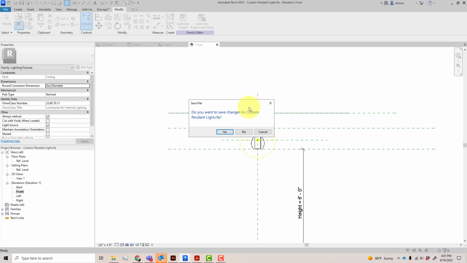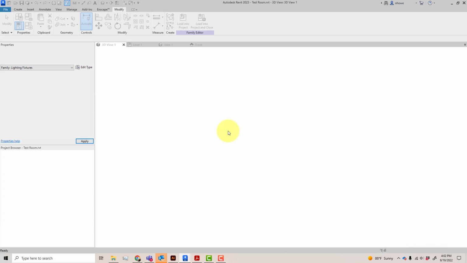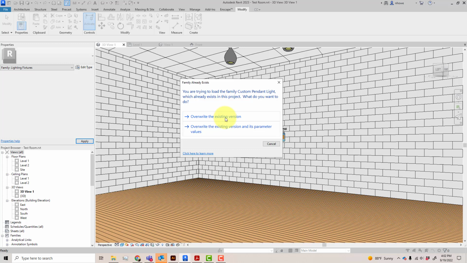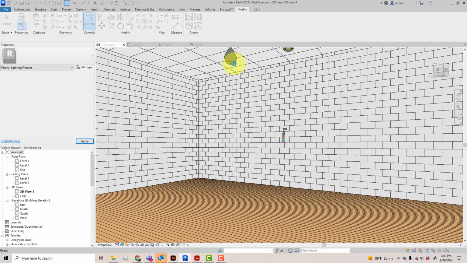So basically what I'm going to expect you guys to do is create a pendant that has at least that kind of parameter, so you can control the height, so please do that. And then let's take a look at